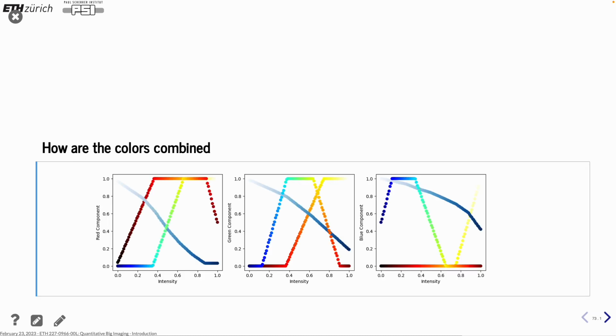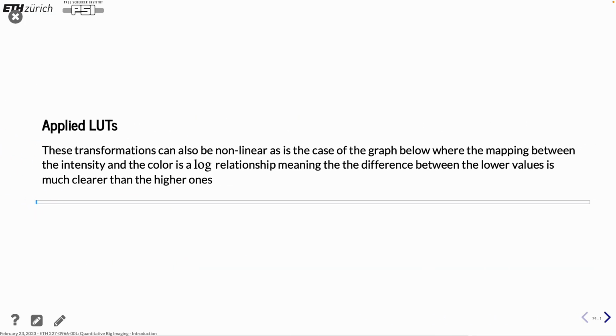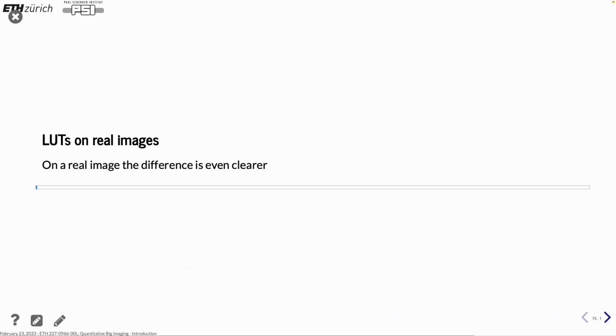I should have run all these cells. So here you can see how the different color channels are mixed to get these different colors. And I'll skip that one. And then we can look at,